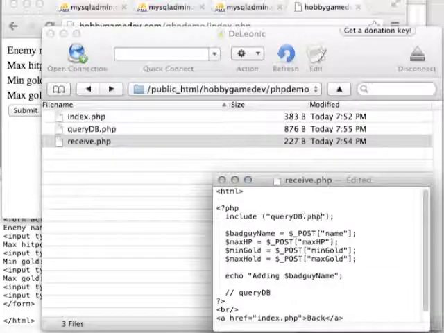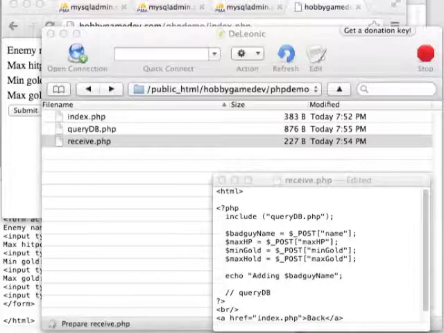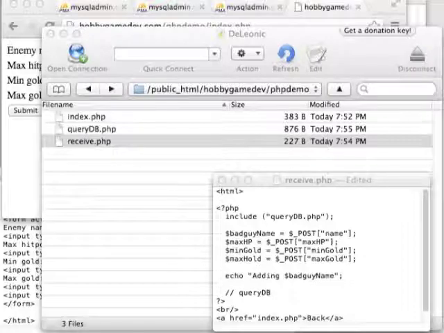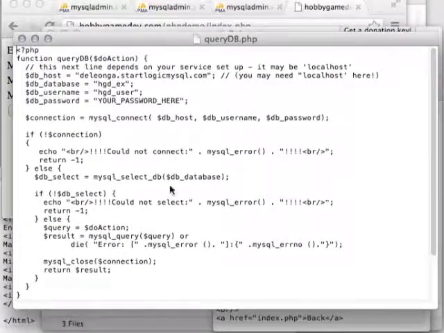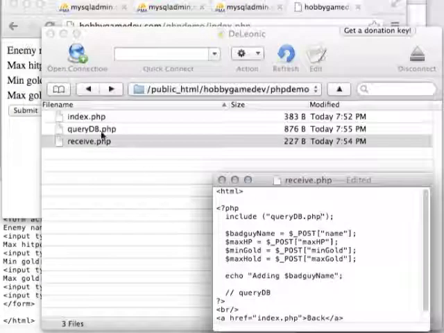But if you need a second to copy that, you can. You may as well just pause the video. No sense in me stopping here for 4 minutes while you copy that code. Or again, you can copy it off my website at HobbyGameDev, where this PHP SQL tutorial entry is. You've got that now in your file, and that should also be up on your server, querydb.php, in the same folders, index.php and receive.php. Now back to receive.php, we're going to do that include of querydb,